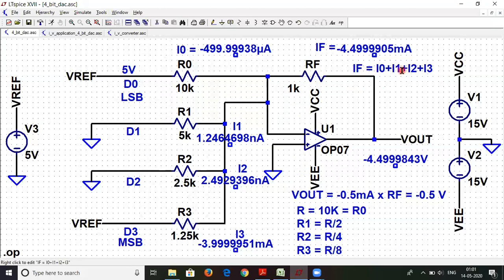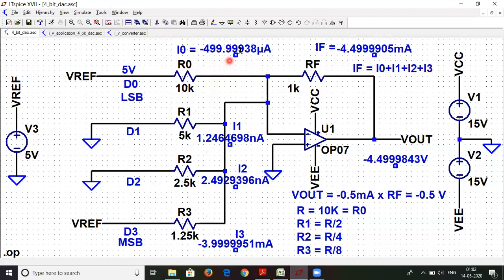KCL says that the summation of incoming and outgoing currents will remain the same. Here IF is the outgoing current, and all of these are also outgoing currents, so all the currents will add up. Hence IF is equal to I0 plus I1 plus I2 plus I3.